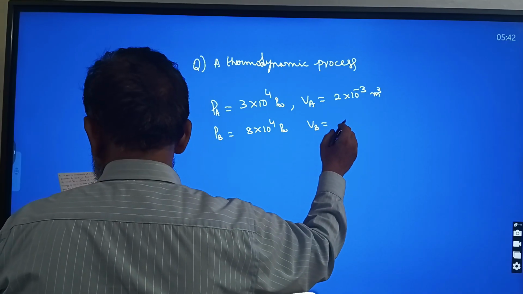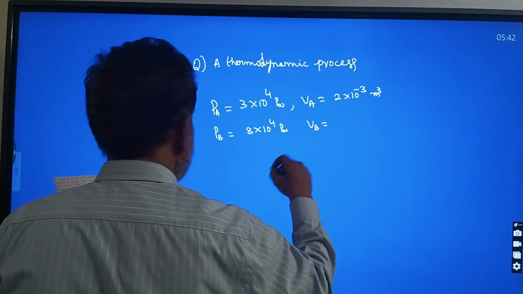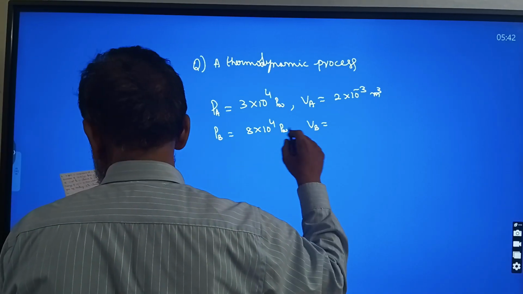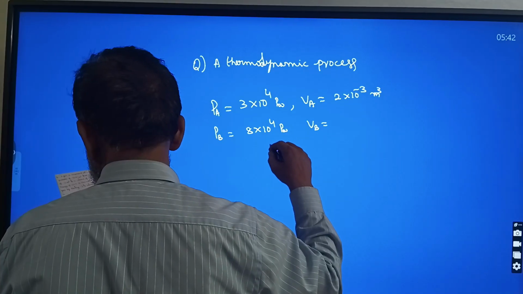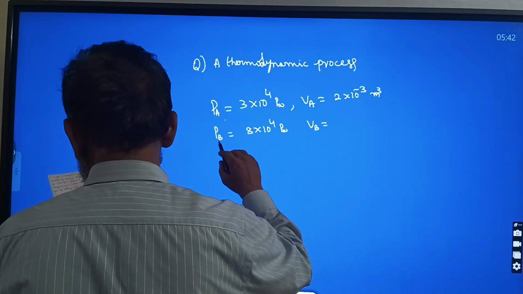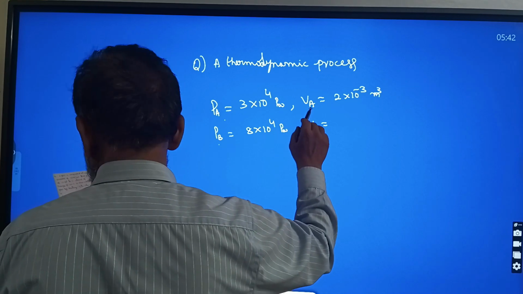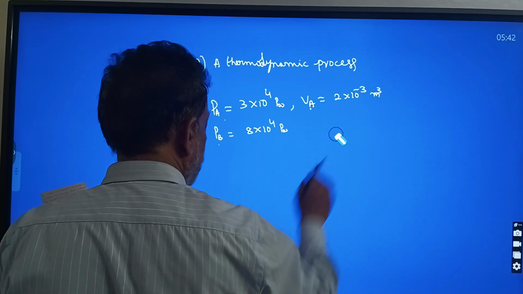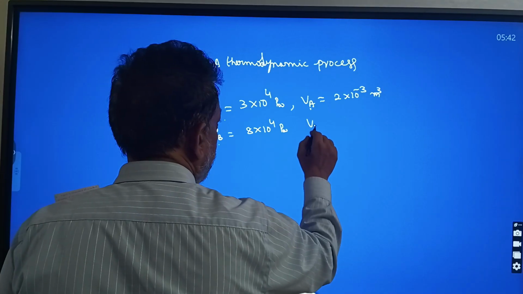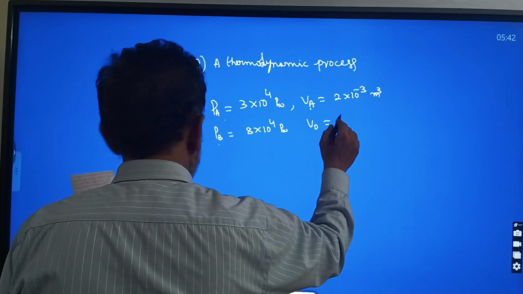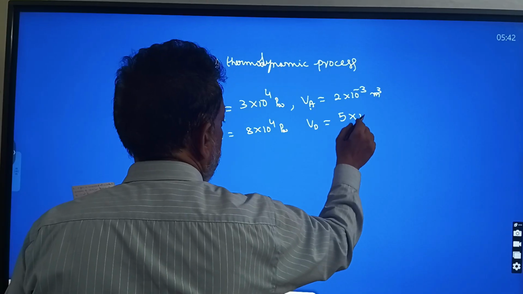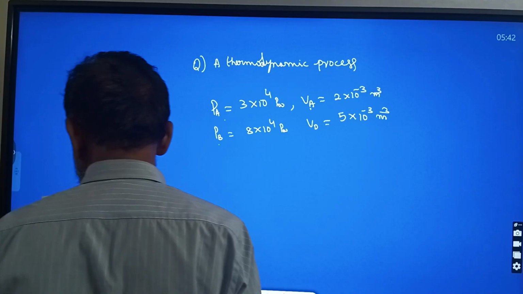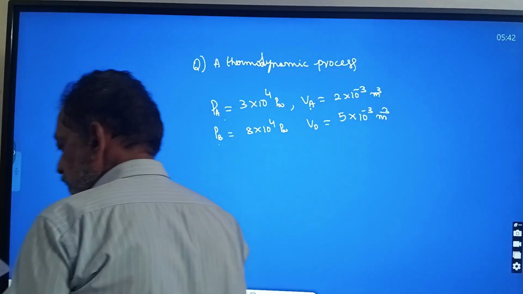VD is equal to 5 into 10 to the power of minus 3 meter cube. In process AB,